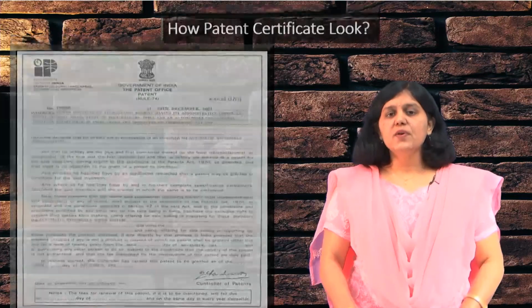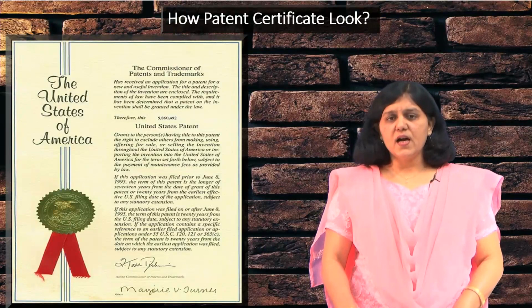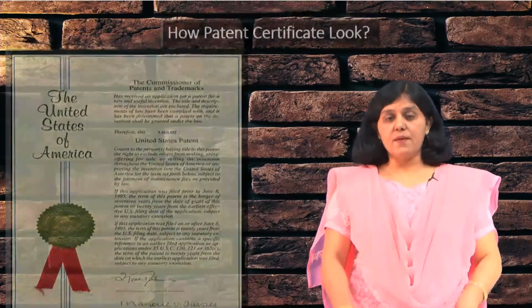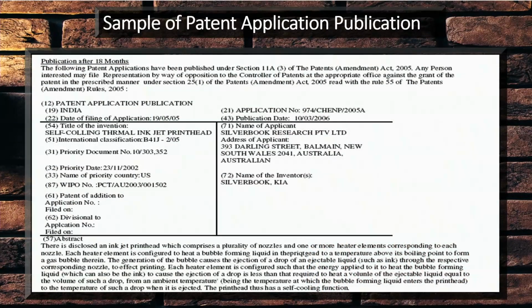Here is another example from the USPTO Patent Office. Just to give you an idea about a patent publication, what exactly happens, what is published. This is the example. What a patent publication is and other related information, we will see in the upcoming module. With this, we come to the end of this session.